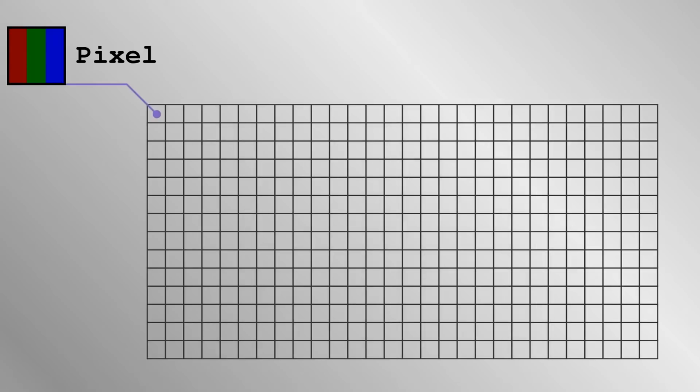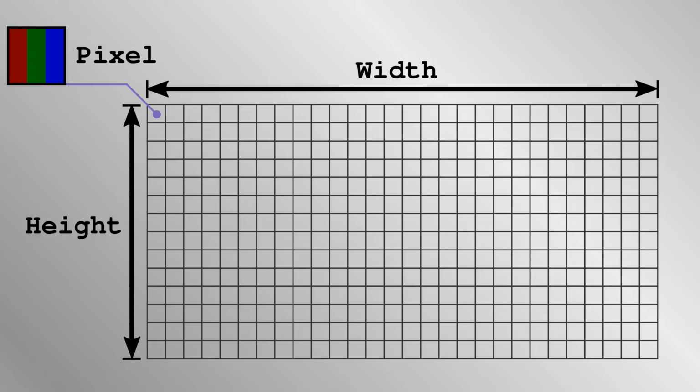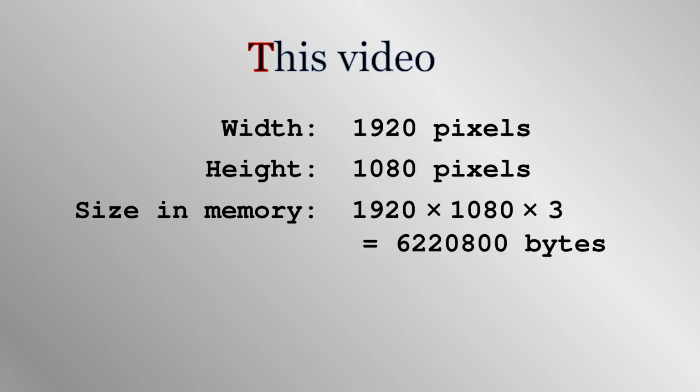A display has pixels arranged in rows and columns to form a 2-dimensional grid. For example, this video at maximum resolution is 1920 pixels in width by 1080 pixels in height. The number of bytes it takes to fill a display in memory is 3 times the width times the height. In simplest terms, the computer must update this many bytes in memory 30 or 60 times per second and send the result to the display. So for example, if you full screen this video in its maximum resolution, each frame would take up this many